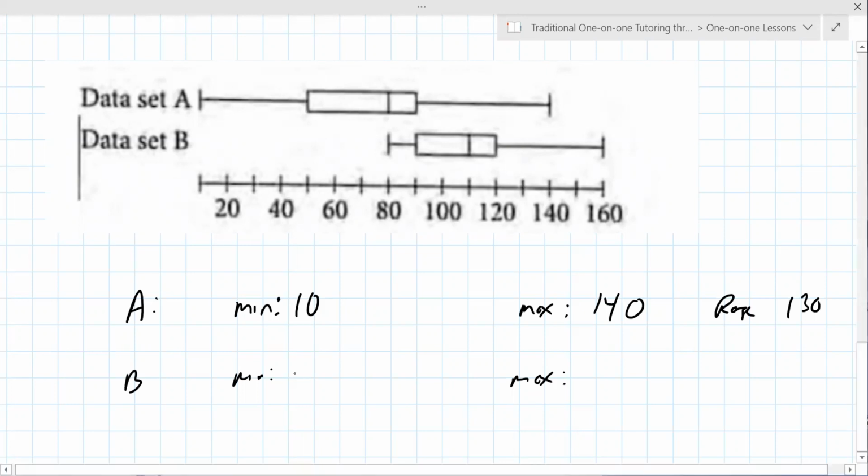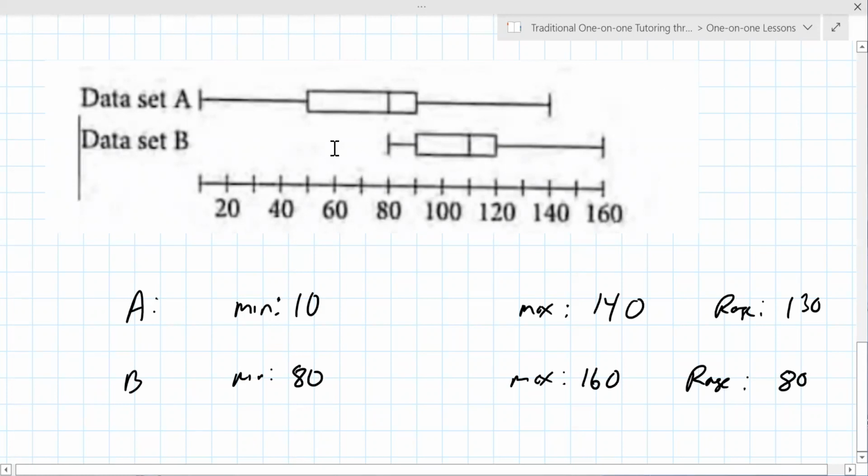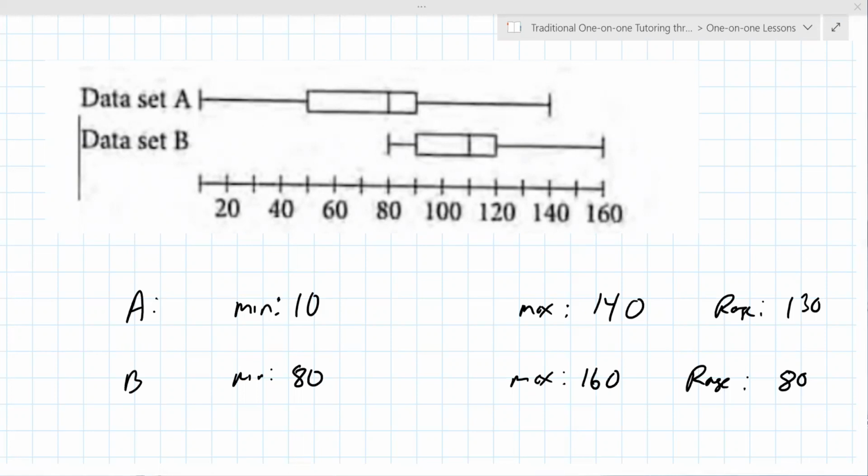The min is 80, the max is 160. Okay. And what about the range for this one? The range is 80. Okay. So now looking at data set A compared to B, which has a greater spread, A or B? A. Okay. Now let's actually look at what the question asks for, because it may ask something as